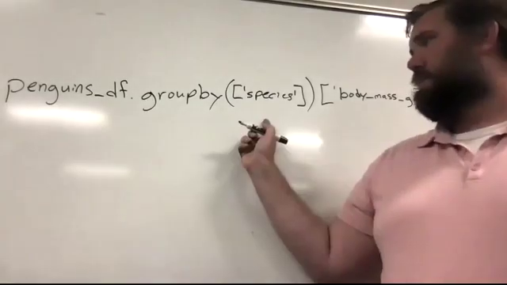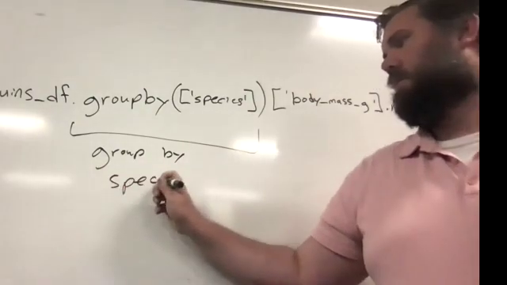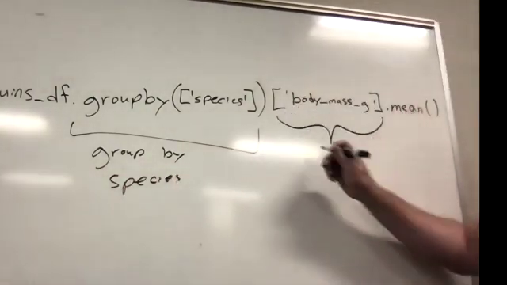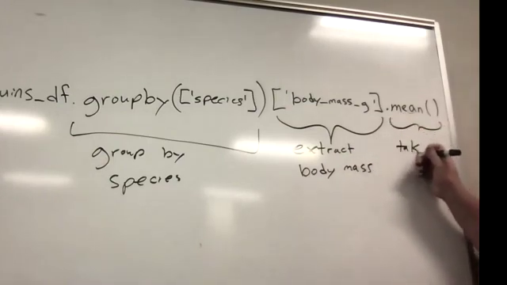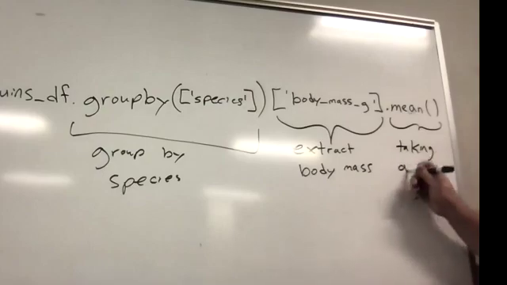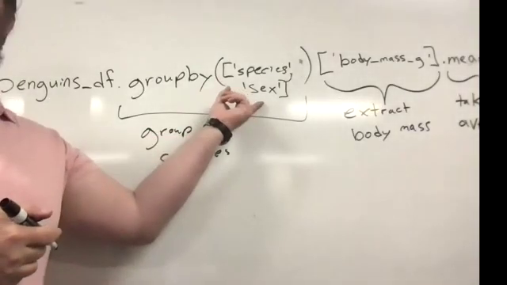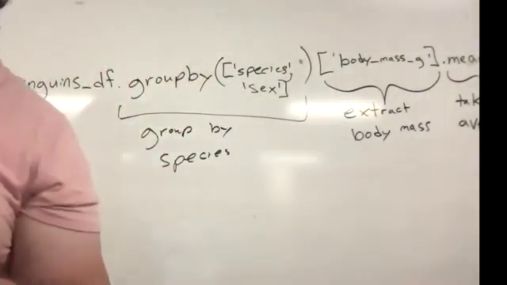So I'm grouping by the species, I am extracting the bill length only from that, and then I'm doing one more thing, which is taking the average. This is actually three separate commands that I've just chained together. You can group by multiple columns, but this is the same. This is similar to what's called a pivot table, and that's one of those things that